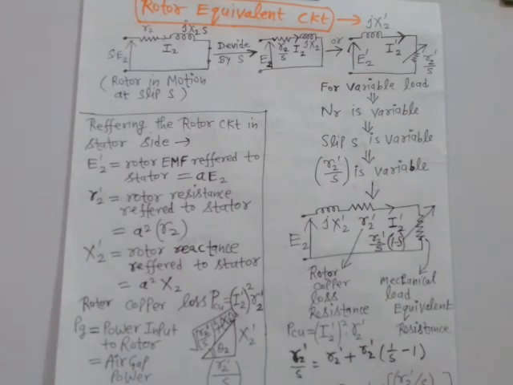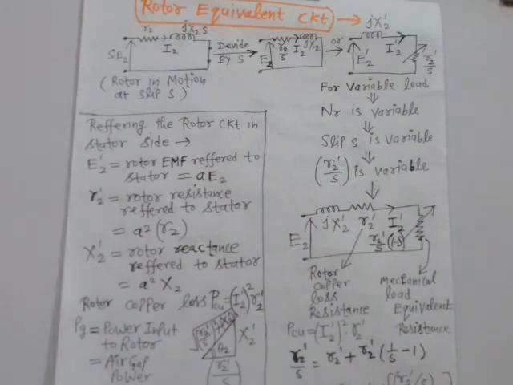Now see here, when you draw this impedance triangle, on this horizontal axis you will write resistance, on this perpendicular you will write X2 dash reactance part, then this is the impedance part. So impedance is the square root of R square plus X square, so this square plus this square will be the rotor winding impedance, right? So power input to rotor is nothing but air gap power, because power first has to cross this air gap to reach the rotor. So rotor input power is nothing but air gap power.